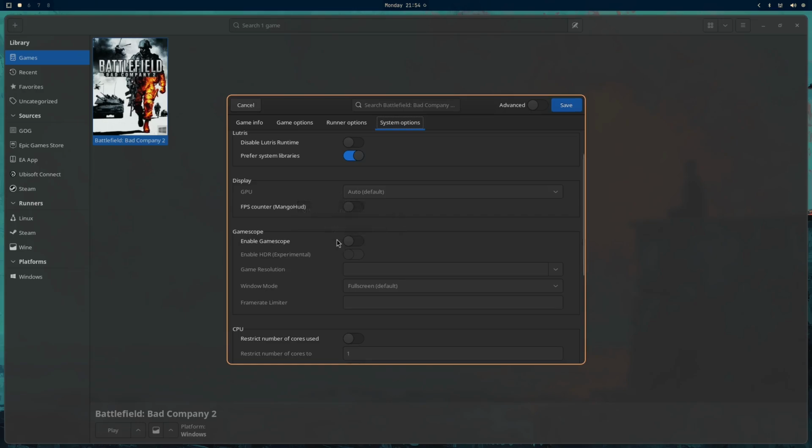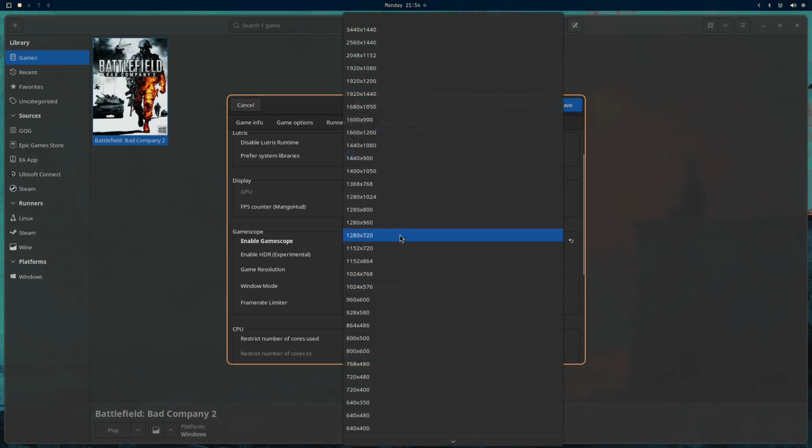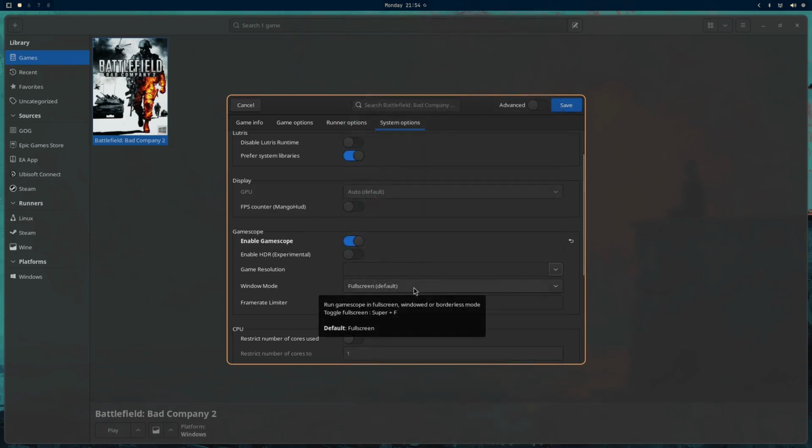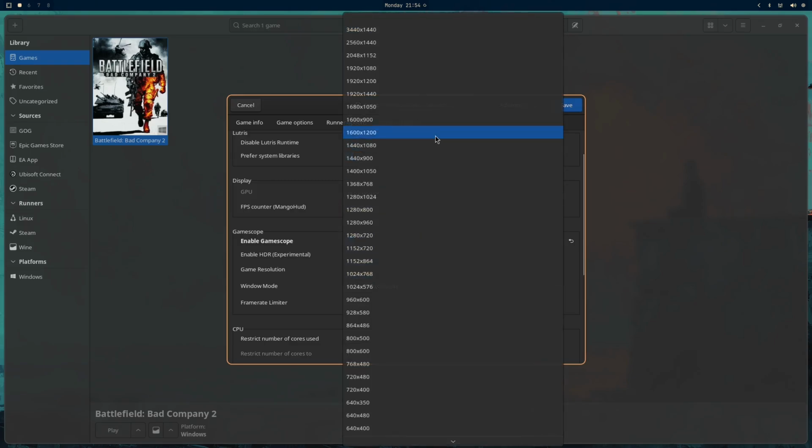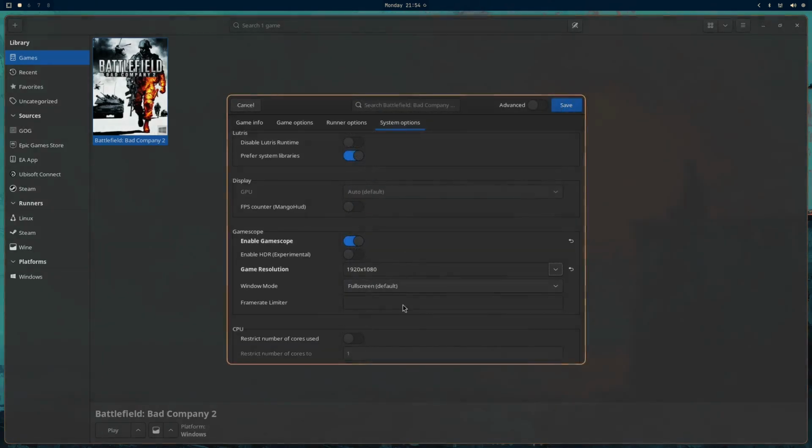So I think enabling gamescope helps for that. You can enable HDR. This is optional. You don't have to do this. If you have a system like CachyOS or something, or Mint or Ubuntu, you shouldn't really need to worry about this. I'll just set the resolution to 1080p, and then I'll just do borderless because borderless tends to work better,